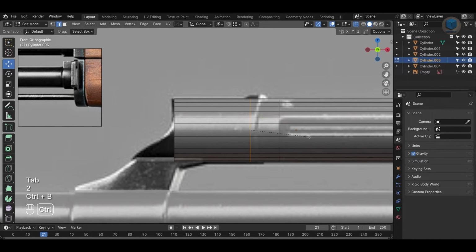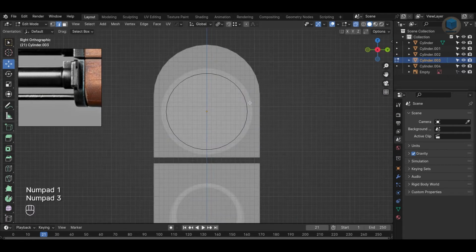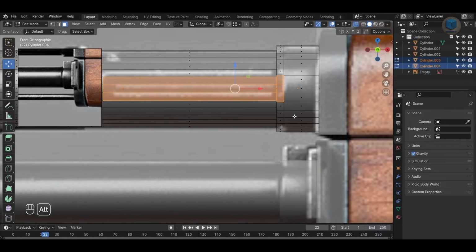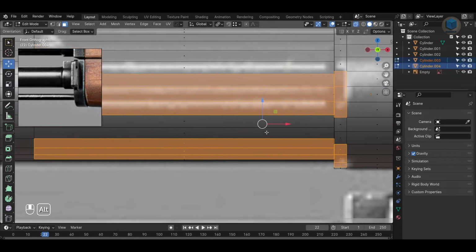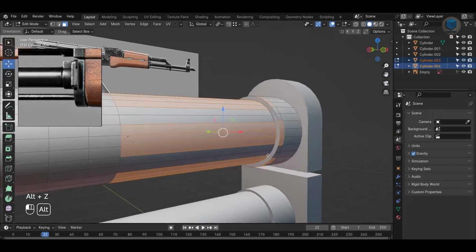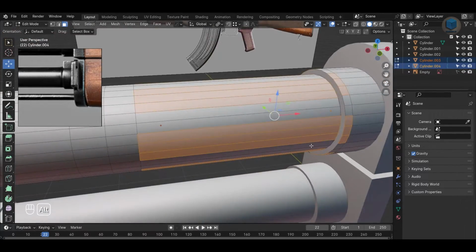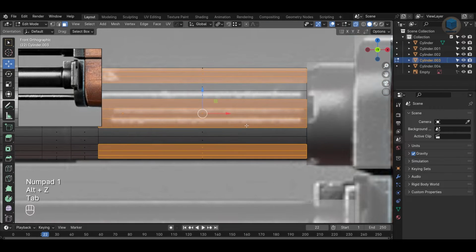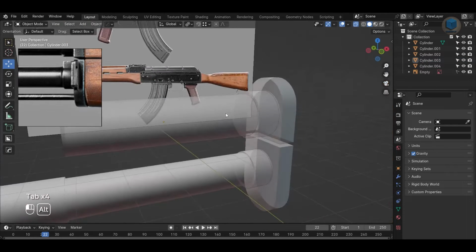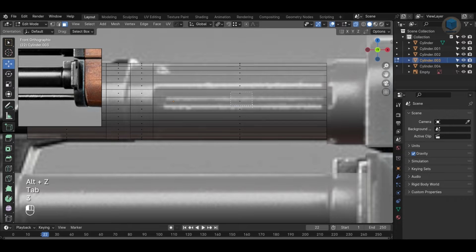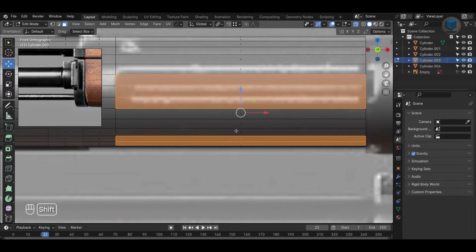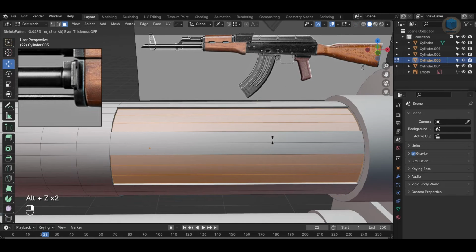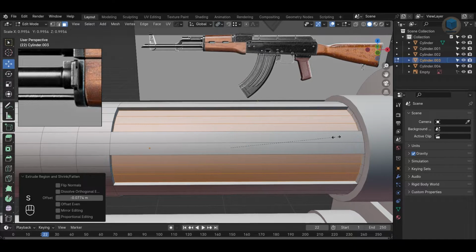Now select this edge here and add a bevel to it. Now go on to face mode here and select these faces. I will do the extrusion separately here for both the parts. So I will just select these faces here. And extrude it along the normals, and I will change the pivot point to individual origins here, and then scale